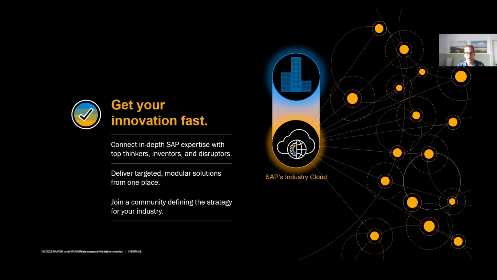And as an outcome, it's about the delivery of targeted modular solutions from one place, and where actually we are establishing a community that is defining the strategy for your industry. And it's all about speed. It's about agility. And it's also one of the reasons, if you remember, the Intelligence Suite on the one hand,